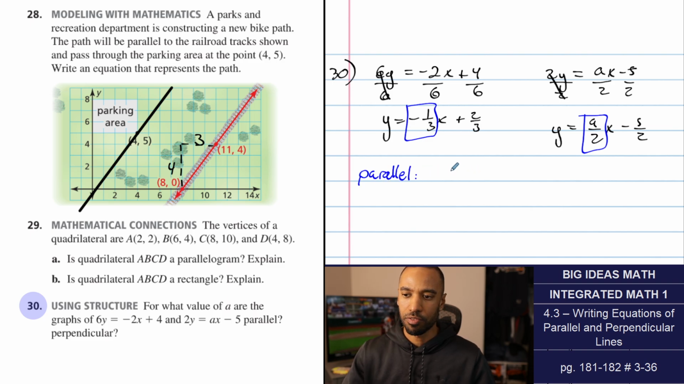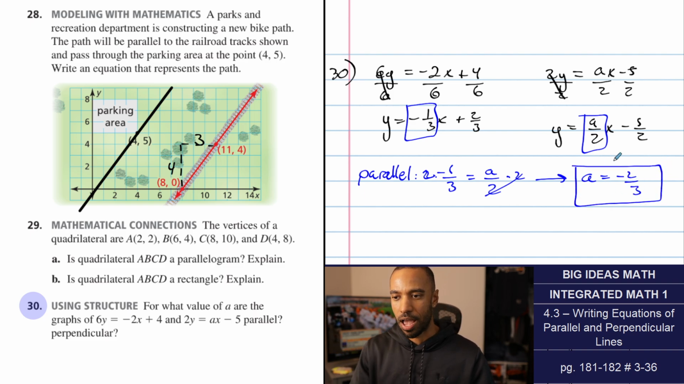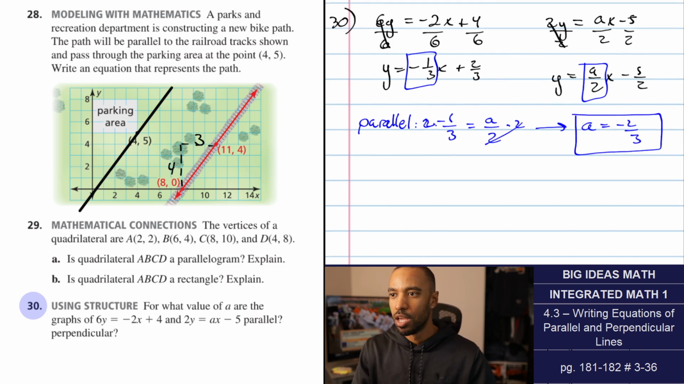Parallel: for what value of a does negative 1 over 3 equal positive a over 2? If I multiply both sides by 2, that'll tell us. The a value needs to be negative 2/3. It's kind of a weird double check to figure out, so I'm just going to leave it at that. We can trust it. As far as perpendicular goes, the original slope here is negative 1/3, so the perpendicular one